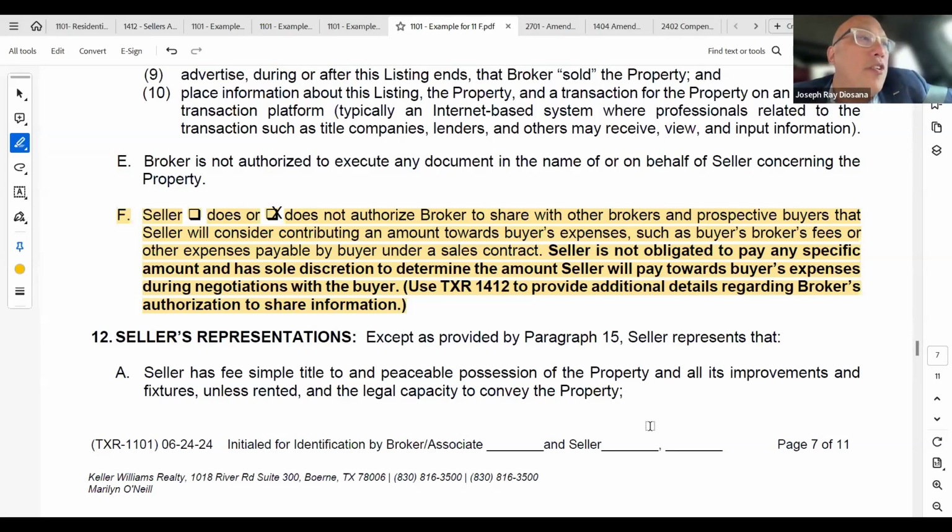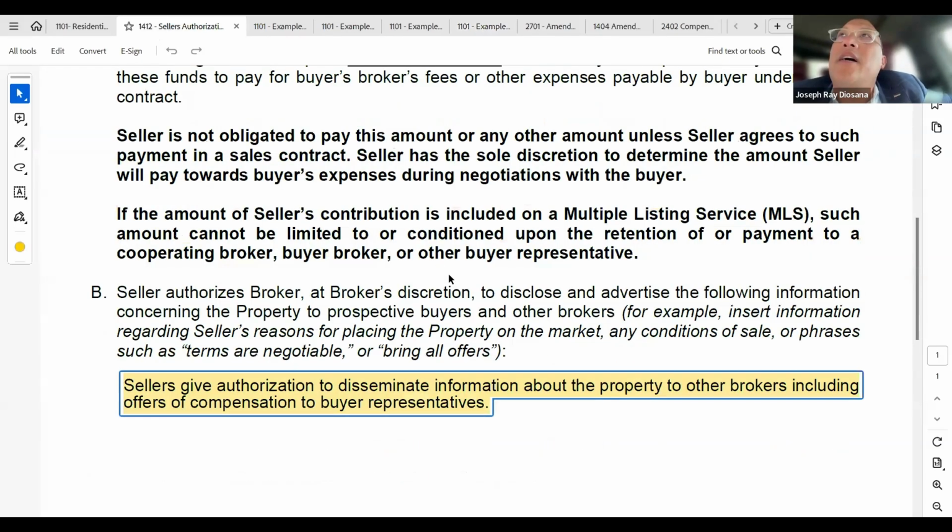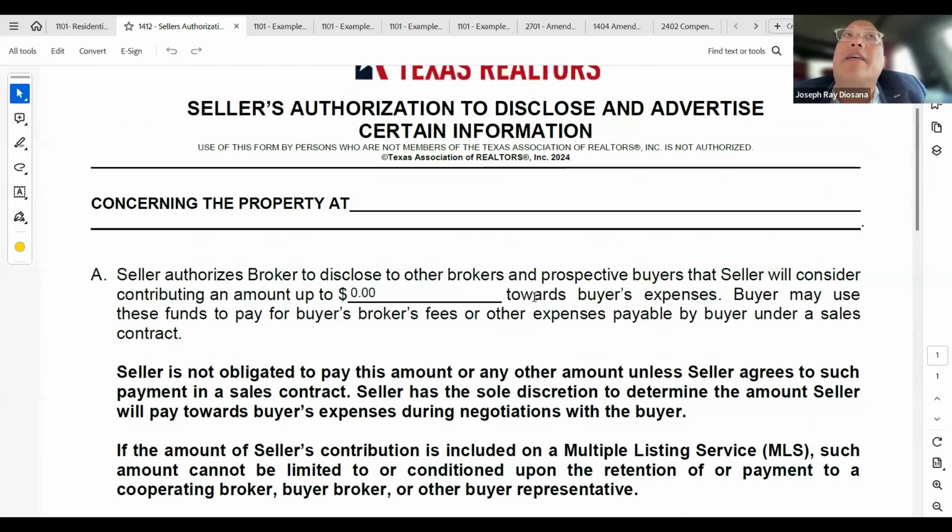And Marilyn, this is Joe. You're being very specific about your word choice, contribution, because if I'm thinking out loud here, if we put a dollar amount, hey, they're willing to contribute for closing costs, or they're willing to contribute for flooring, or whatever it is, that the seller is considering it, it doesn't mean that they're obligated to. It doesn't force them to say, okay, well, you said you're going to do that, but then the buyer comes in with a lowball offer at 5% below ask. The language is they are considering it, and it's a contribution, but obviously the seller has final right and executive